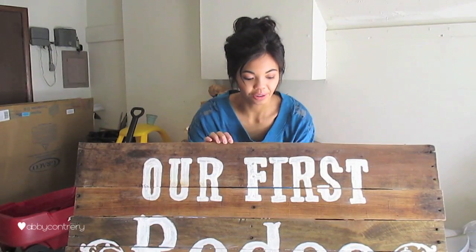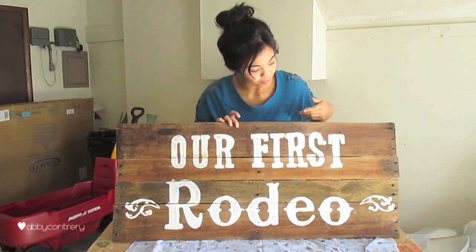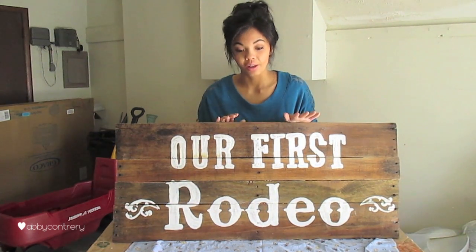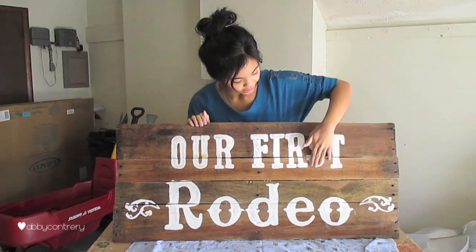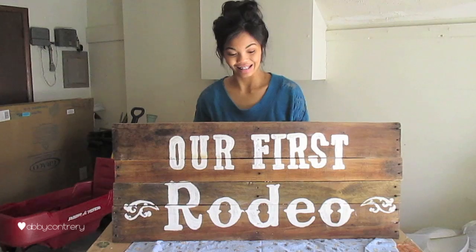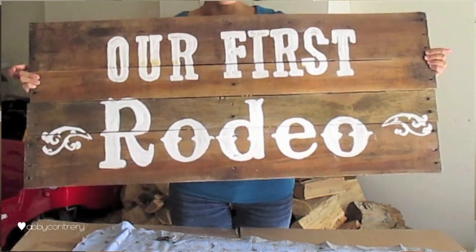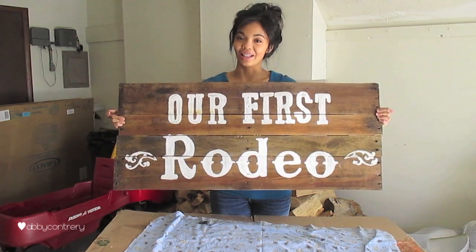Here is the final piece, and like I said, the Mod Podge did dry out clear, so you don't have to worry about that mugginess that was on there when we first painted it on. But now it's all sealed in. If it gets scratched, the paint won't ruin, and this is it! My very first wood pallet sign. Our first rodeo. Our meaning the twins' first rodeo, because it'll be their first birthday and it's a Western themed